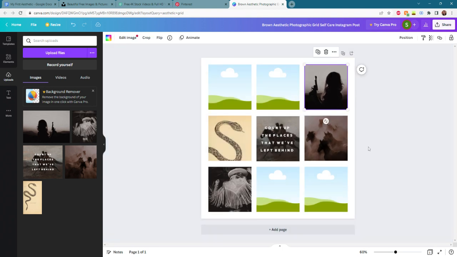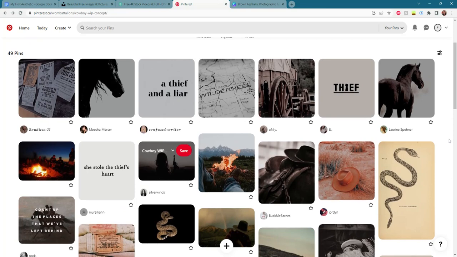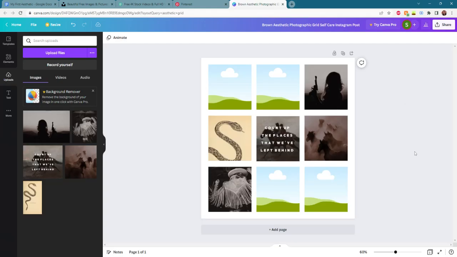Size it up a little bit. Okay, I'm into that. So again, we can see I'm kind of playing with dusty colors and black and white in this one, which I'm actually quite a fan of. I like the wanted posters, so I think I'm going to put that one. Maybe this will be like the Outlaws